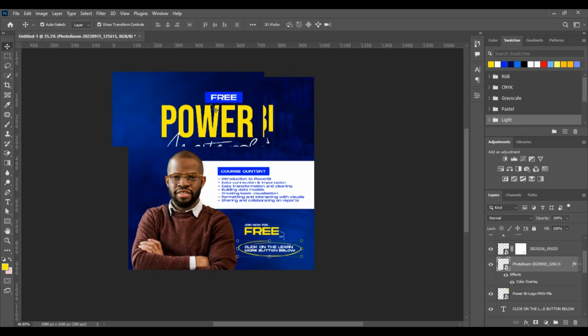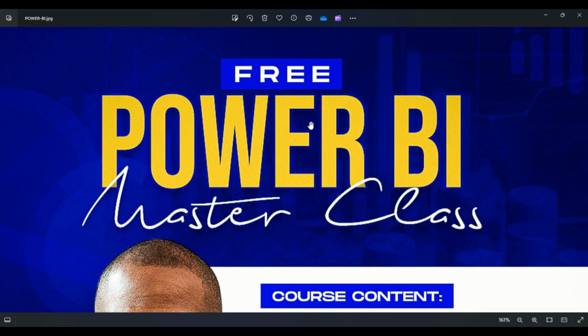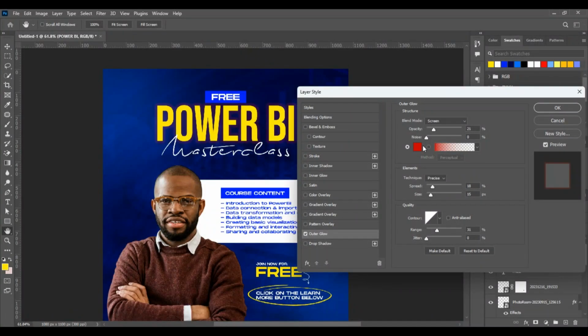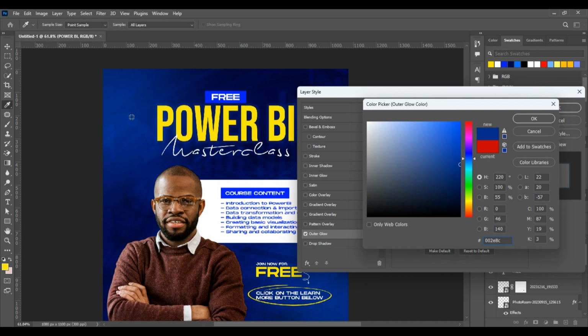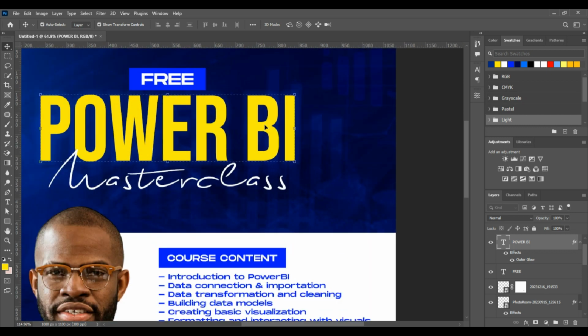Now for the effects, click on the Power BI, go to the effects tab, click on outer glow. I guess, yes, the outer glow is blue, and then we have the shadow. So click on outer glow, click on any bright side of the blue, click OK. Let's zoom in to see what we are doing, and double click on the effects,